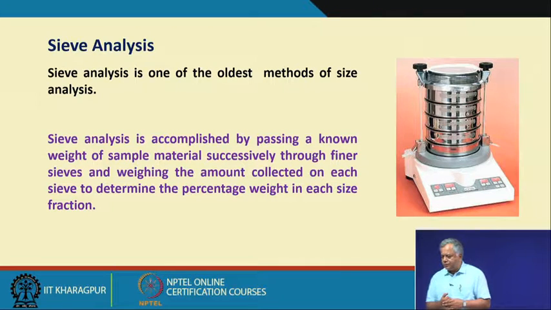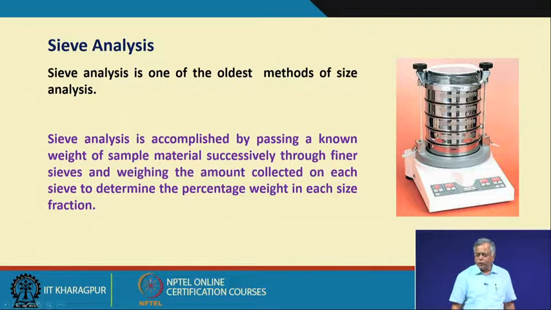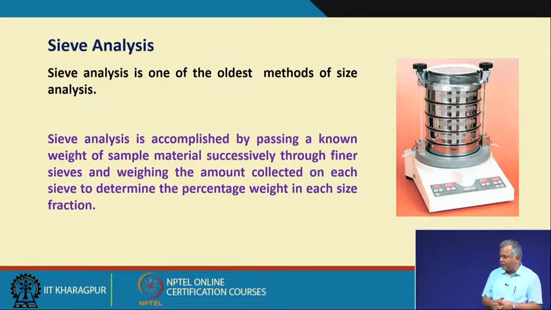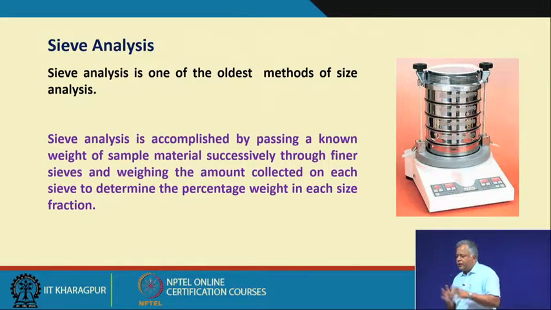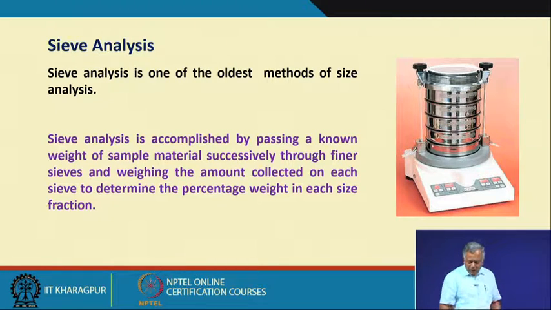So, I will have a stack of sieves from 10 millimeter to 200 micrometers. I will first collect a representative sample by adopting an appropriate sampling technique, and then put the entire mass,